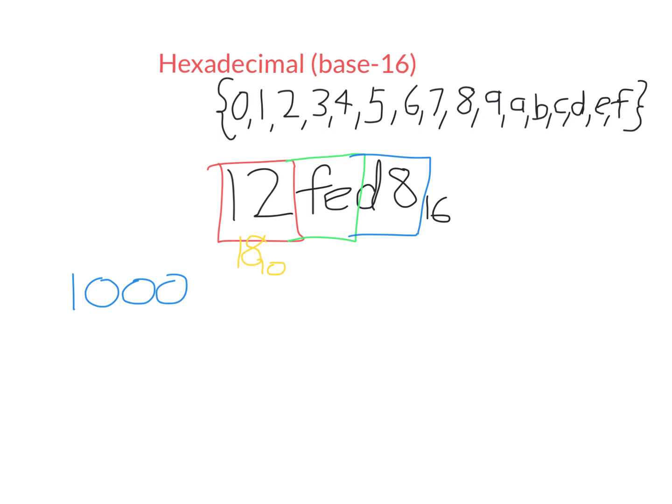What would the number FE represent? Well, F we know is the symbol 15, E is the symbol 14. This is the number 15, 14, so 15 times 16 plus 14. That actually gives us the number 254 in base 10. So you can see here we need 3 digits in base 10, but only 2 digits